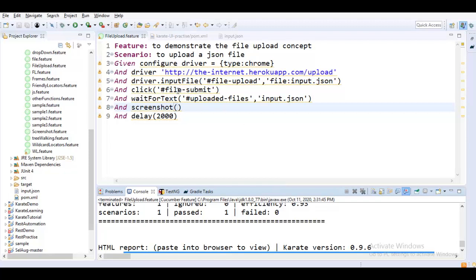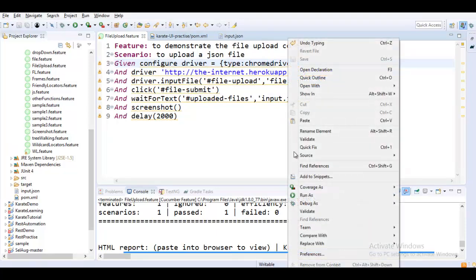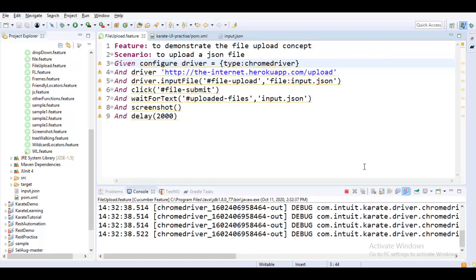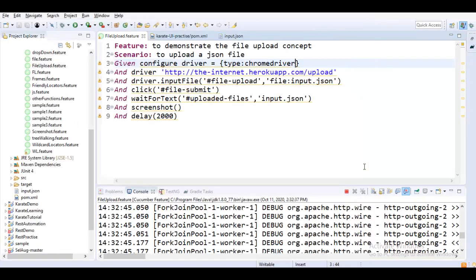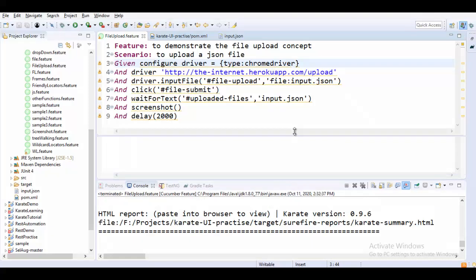using input file. As I just mentioned, it only works with Chrome. Let us verify what happens if I try to use this with Chrome driver. It cannot somehow detect the method input file, and it cannot make it work, unfortunately. So you see you have a failure. No, it is still not successful.